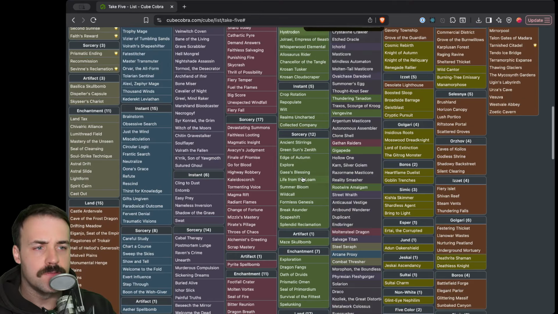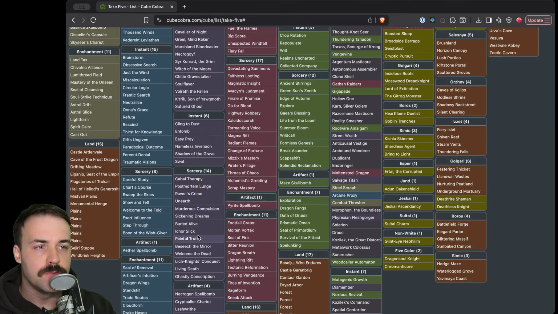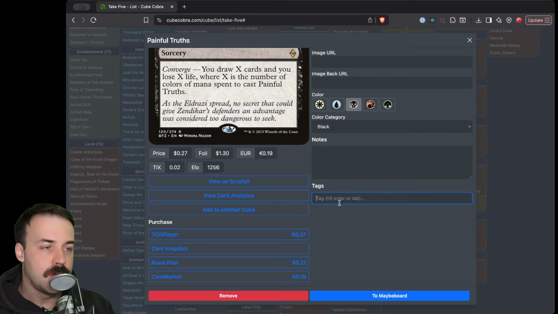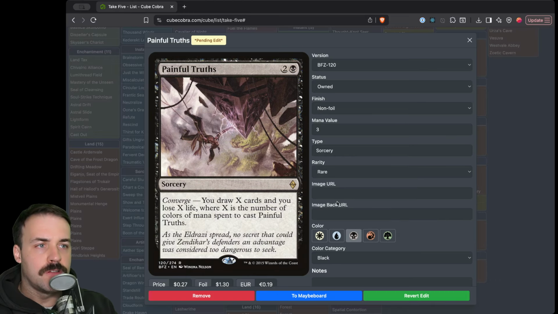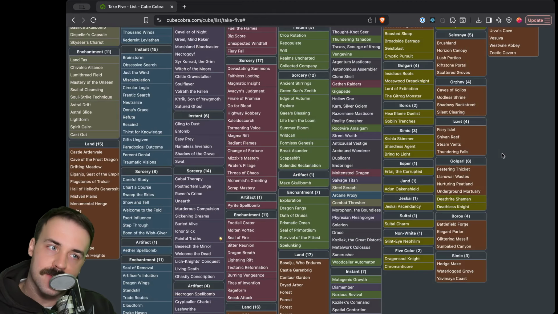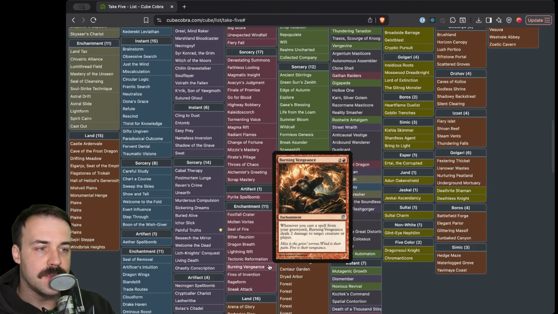A couple other Converge cards I'm really excited about. Painful Truths, another great example of making bread and butter effects like card draw thematic to the cube. Making multiple colors of mana is going to be hard to do here. And then this also loses you life. Again, I love life totals just constantly ticking down. That's the thing about my tasting cube. I also